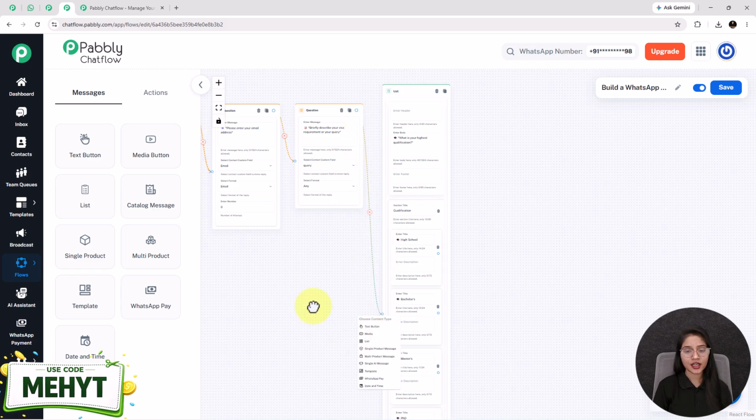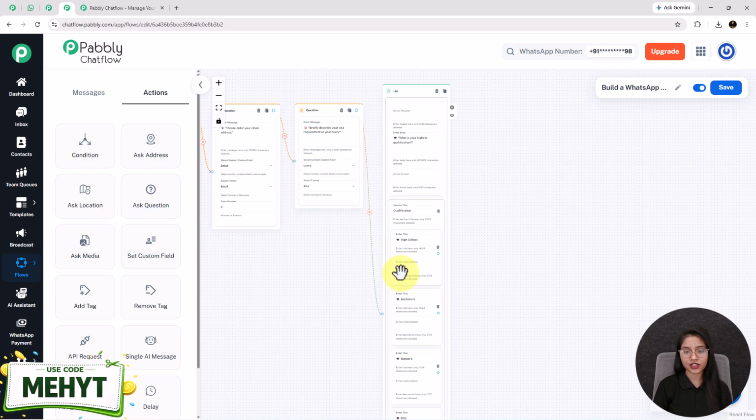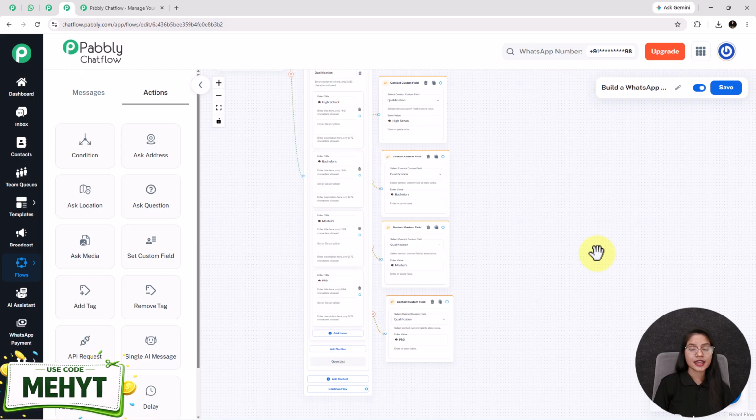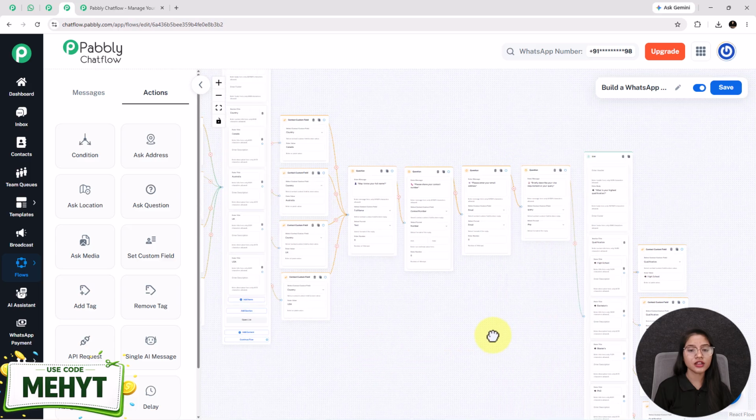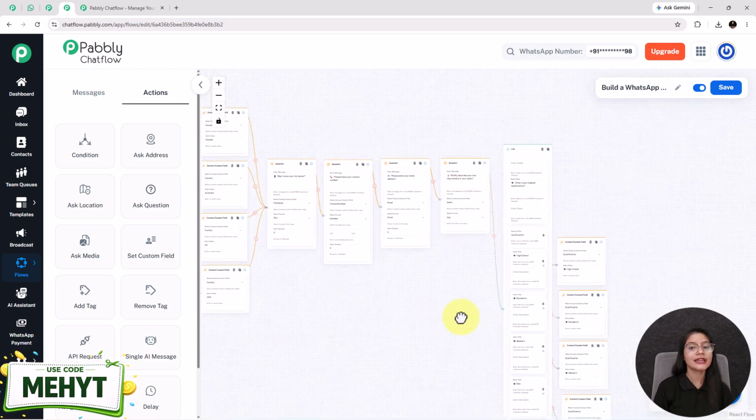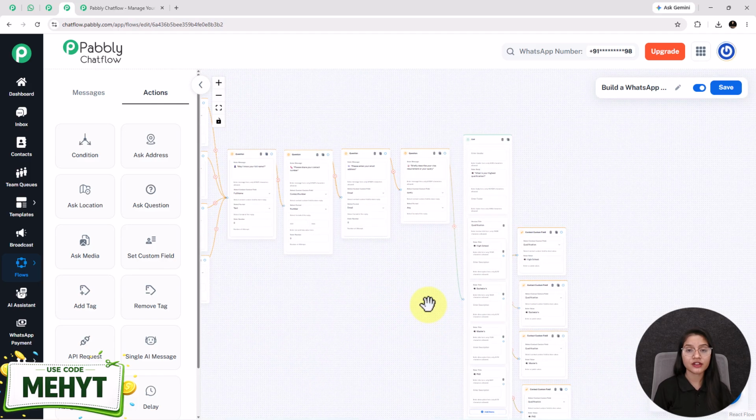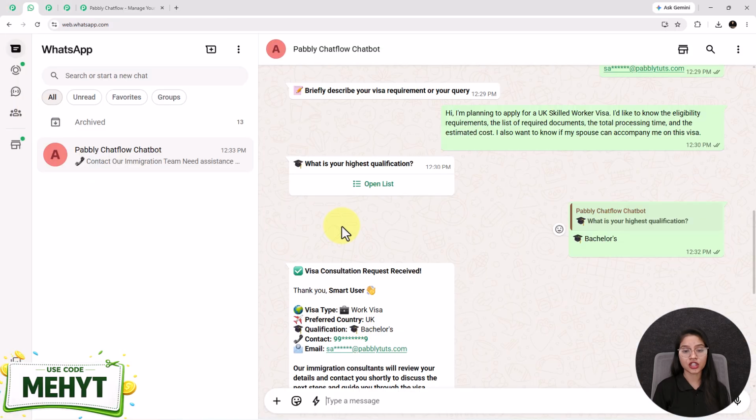It is connected. Again, I am adding the contact custom field nodes as well for the same. Here I have added them, as I am again saying, I have created this chatbot flow by my choice. You can customize it. You need to understand the logic only. After adding these contact custom field nodes, when all this communication is done, then at last my bot will provide one customized request received message to the clients,